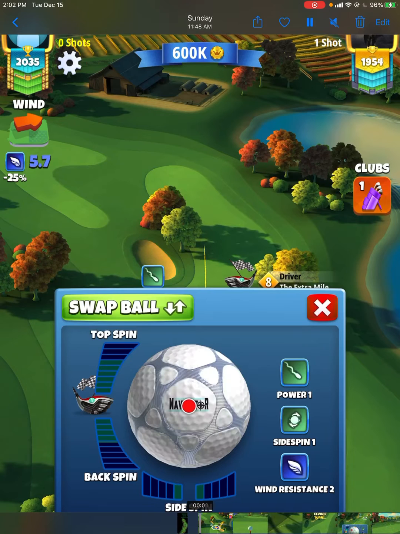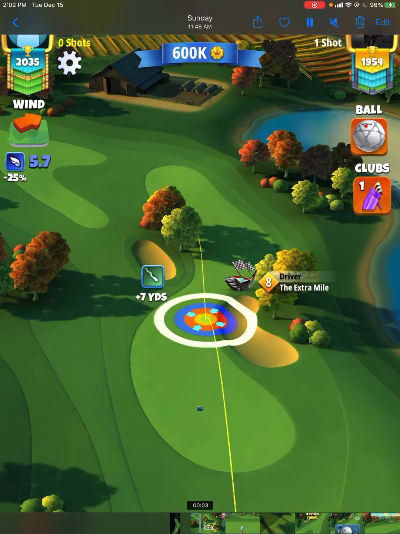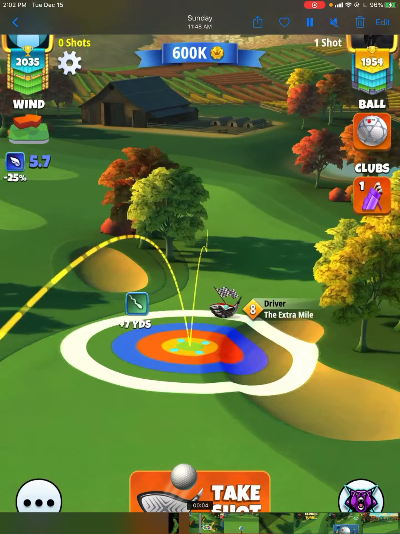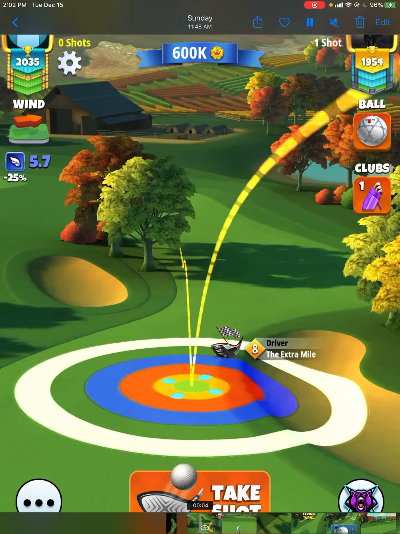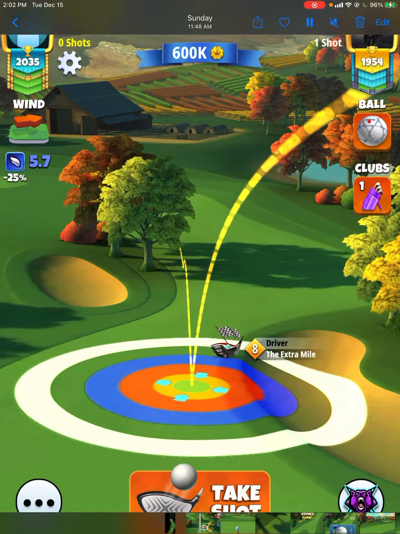Now, what you're going to see me do is pretty much every time we're going to go full top spin. Now, keep in mind, I have an extra mile level 8. I started Tour number 8 with an extra mile level 6. But the one thing you're going to notice here is I aim around the same spot every time. I normally aim under these tree branches, and